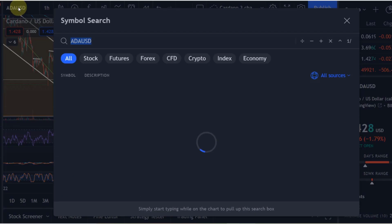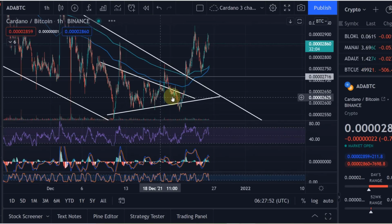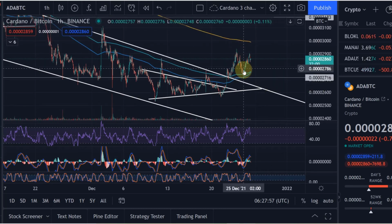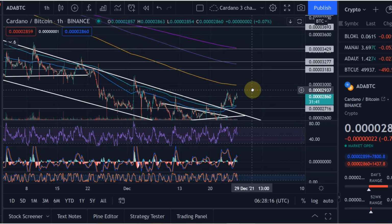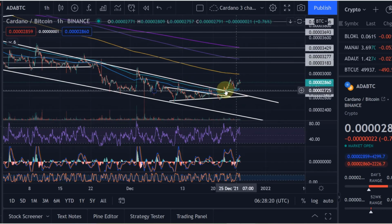And if we take a look at ADA BTC, we should see that ADA is holding fairly well compared to Bitcoin. And there you can see it, that in that latest drop for Bitcoin, Cardano has actually moved up compared to what Bitcoin is doing, which is great. That means Cardano found support here at these EMAs on the ADA BTC chart, not making a higher high, but at least going up all the way up to the previous high here. We now need to push higher to continue ADA outperforming Bitcoin, because it did that now in the last few days,